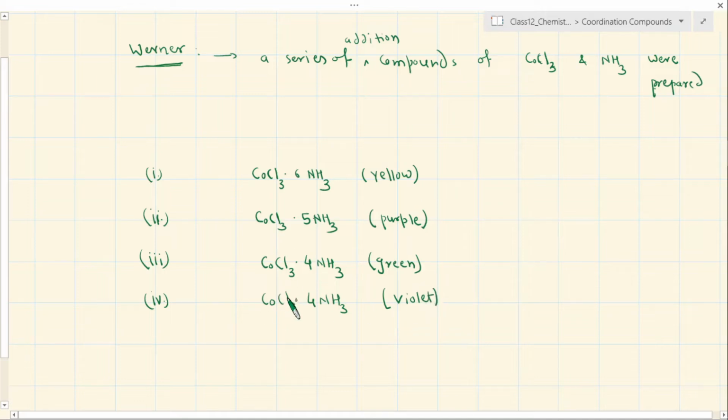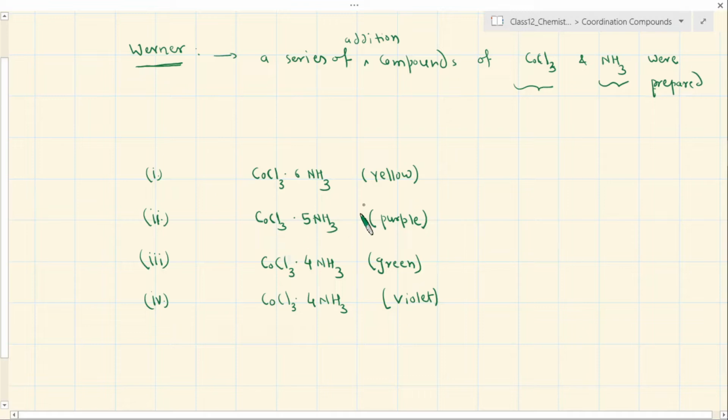I will come back to this specific case later, but try to see that here you have a series of compounds which are prepared from the same original solutions, cobalt chloride and ammonia, and still have different colors. They gave crystals of different colors under different experimental conditions. In a certain experimental condition, meaning temperature and stoichiometric proportion of the two solutions, you get yellow. In some other temperature and stoichiometric proportion, you get purple crystal. In some other physical condition, you get violet crystal.